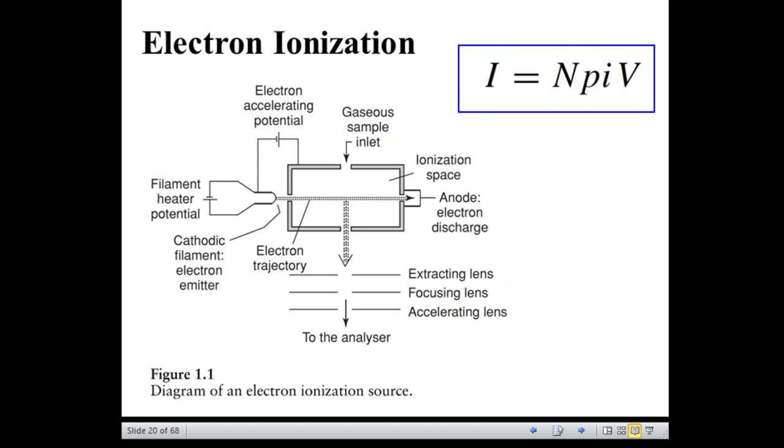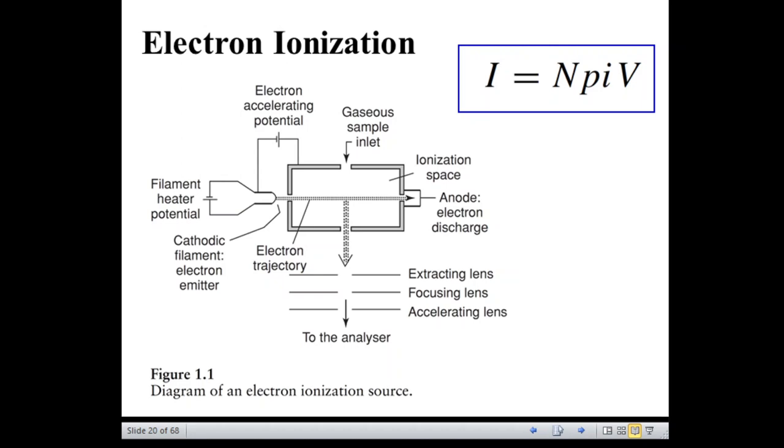Now, the gases and samples with very high pressure are introduced directly into the source, so that the analytes are in gaseous form. To bring it to the gaseous form, if the analytes are in the form of liquid or solids, they are usually heated to increase the vapor pressure for analysis.